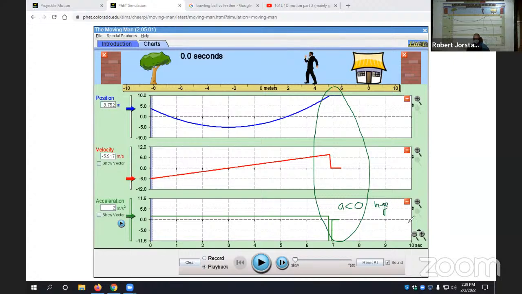Agreed? How should that relate to the slope of the VT plot? If you have a negative acceleration, what should be true about the slope on the VT plot when you hit the wall? Down. Should it be a steep slope or a gentle slope? Steep. So notice this right there is a steep negative slope. This makes sense, right? Okay. When you hit the wall,